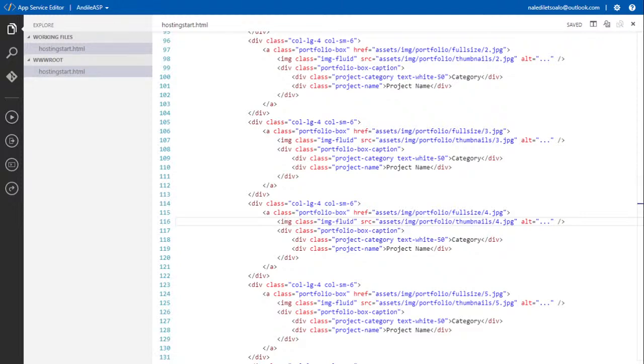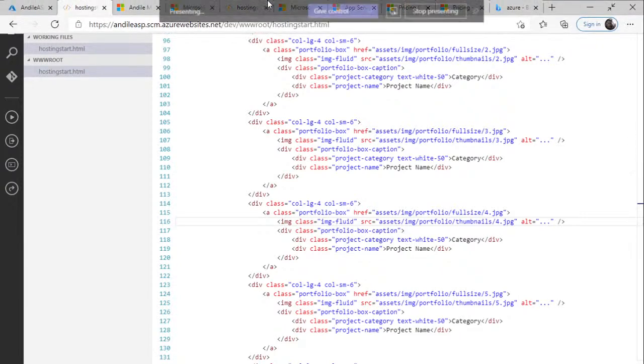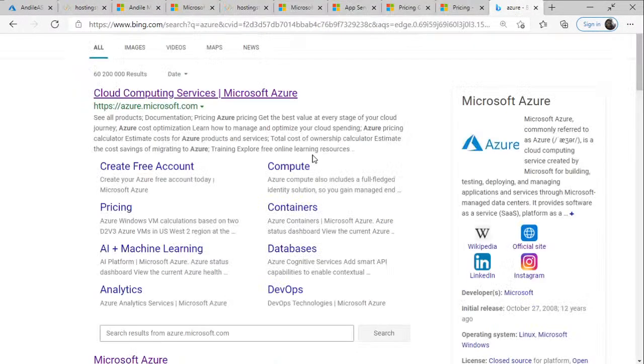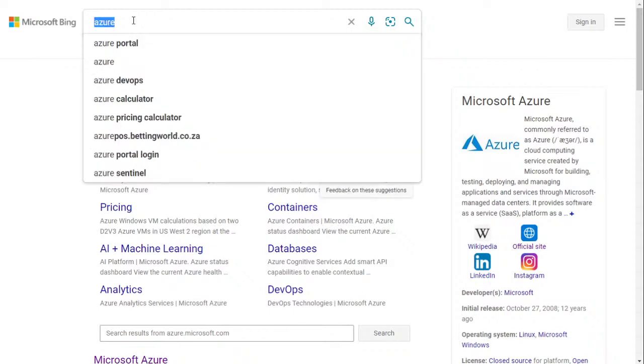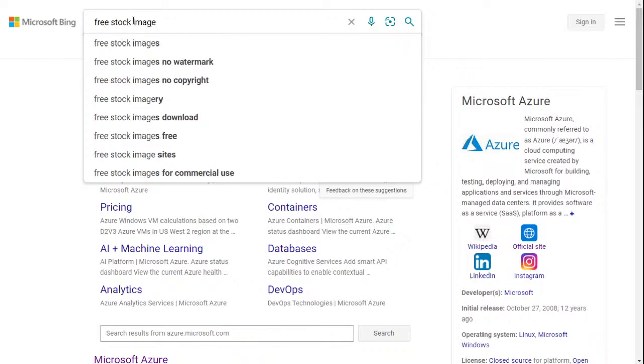So I'm going to go on the web and I'm going to try and find an image. Let's find an image for ourselves. Okay, so let's see. An image, free stock image.